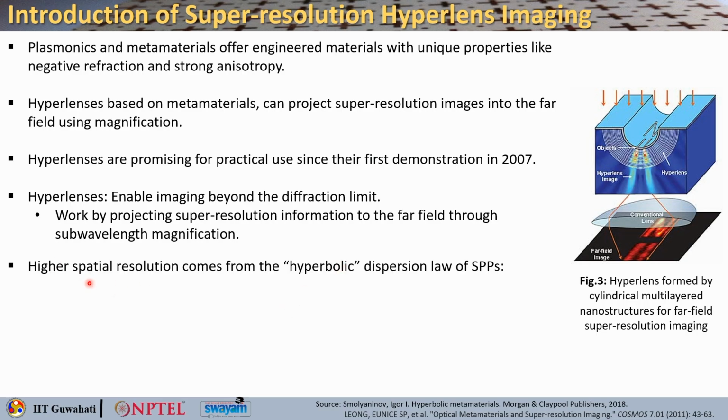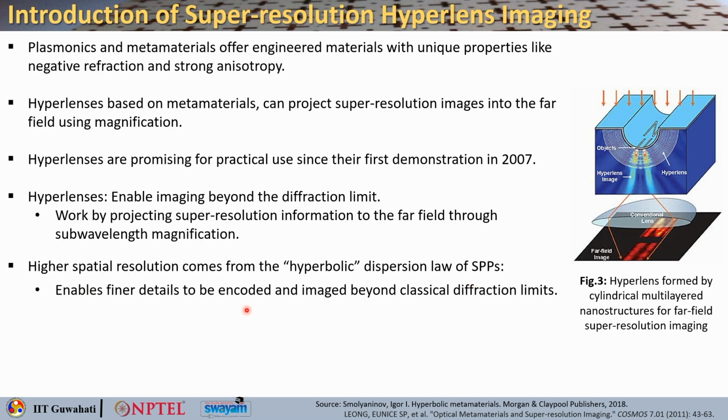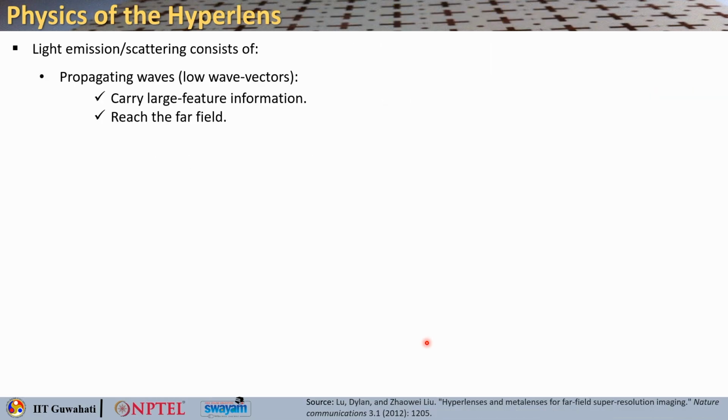So, higher spatial resolution basically comes from this hyperbolic dispersion law of the SPPs that enables finer details to be encoded and imaged beyond the classical diffraction limit. If you remember, the hyperbolic dispersion relation for SPPs will look like this: k_xy squared minus k_z squared, modulus of it, will be equal to epsilon_d omega squared by c squared. Now, what is the physics behind the